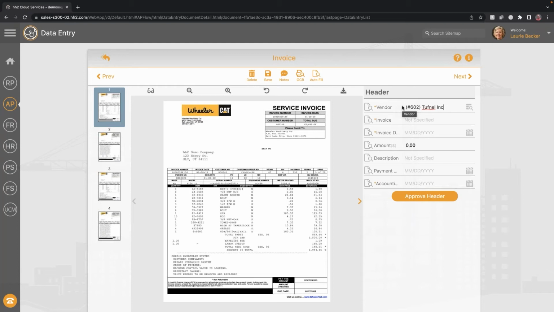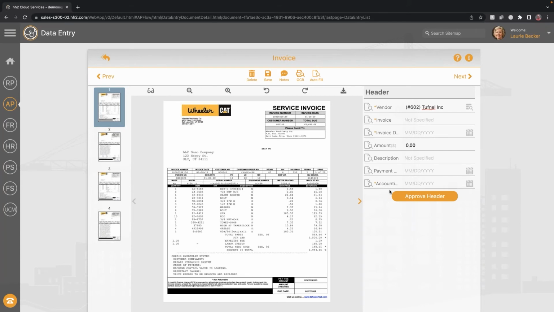Now, behind the scenes, HH2 has an OCR function that reads the image and can help us in auto-filling information so we don't have to hand key it. You'll notice that at the top right here under our header and vendor field, the vendor's already filled out. HH2 pulls in all your vendors from the accounting system, and then we attempt to automatically pull the vendor in looking at the vendor's name and contact information. So I was able to find this vendor that this is mapped to in my system.